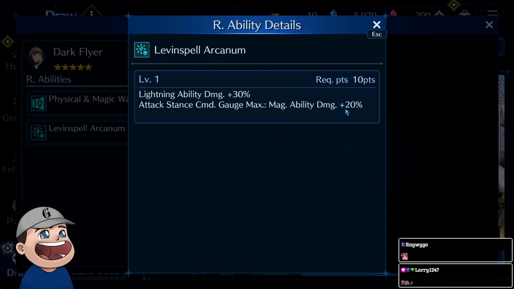Now, I did mention in the last video that we had a similar outfit ability like this, but just as a reminder: attack stance, command gauge max, magic ability potency or damage plus 20%. This is only for ability damage. This does not include summons, right? So the other Arcanums that have 35% lightning damage, Ramu and Thunder Blizzard, are going to do more damage with the 35% versus this one that has the combined 50. However,